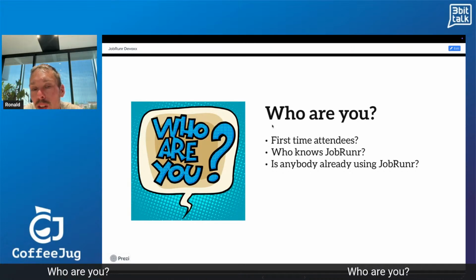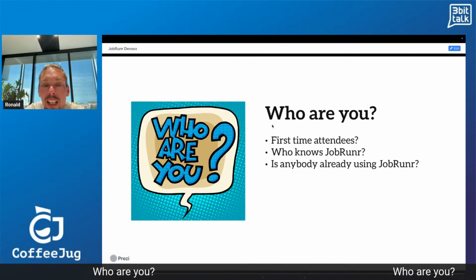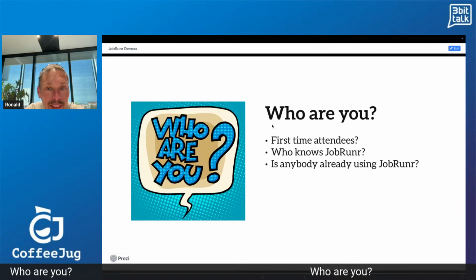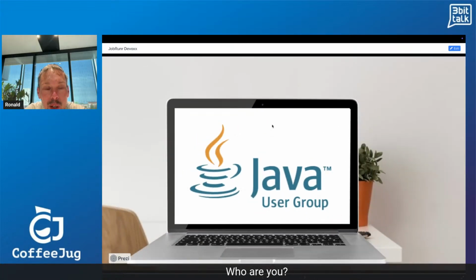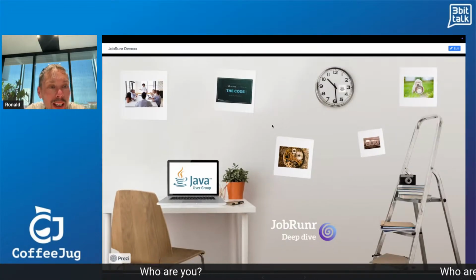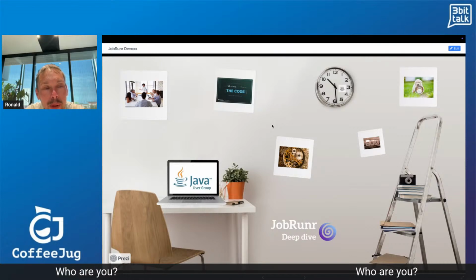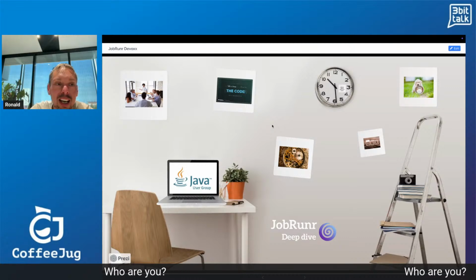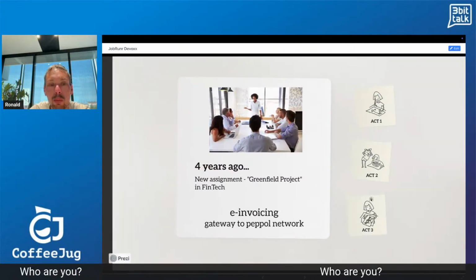So then you can also type JobRunner instead of known or not known. You can say using it somewhere, like Ole. Voila. Then I know afterwards how many people already knew it and how many new people I could introduce to the tool.